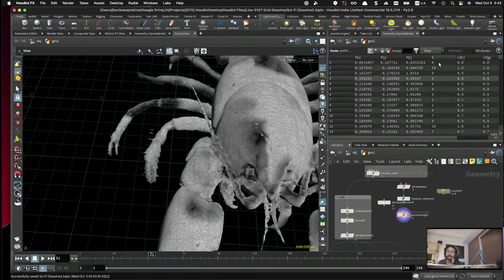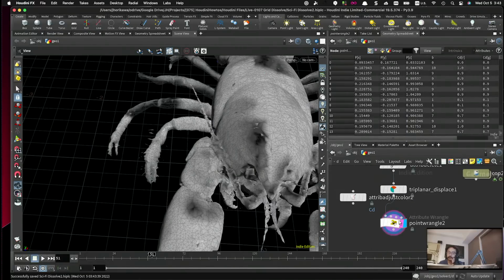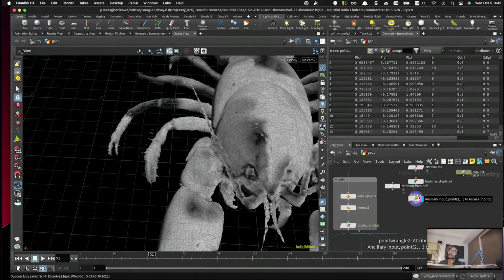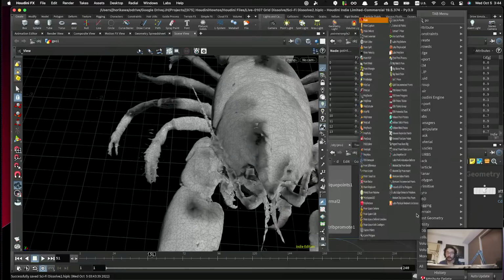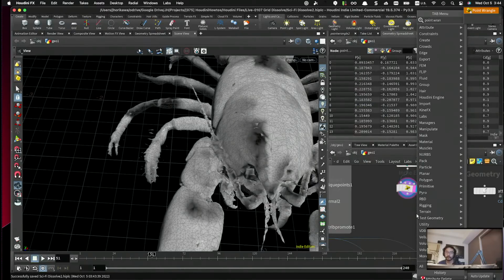So in order to count these numbers which share the same attributes, what you could do is